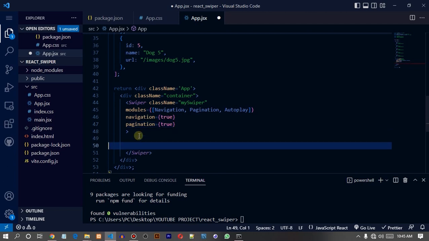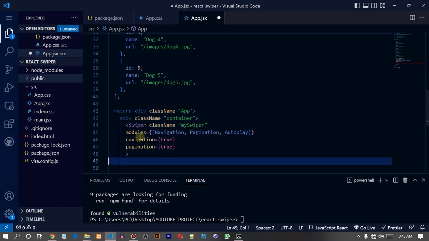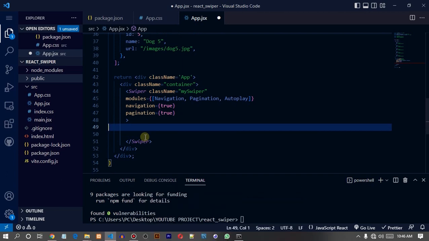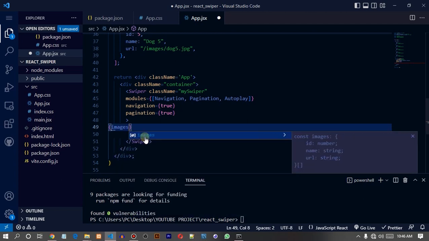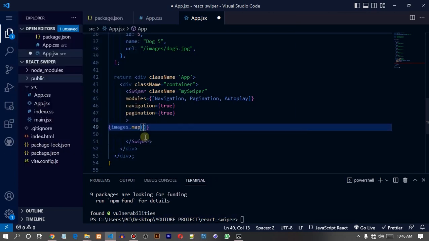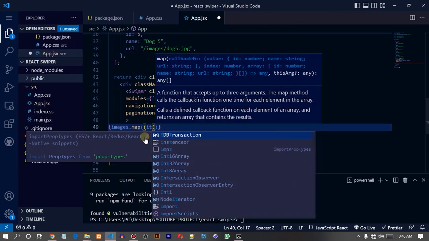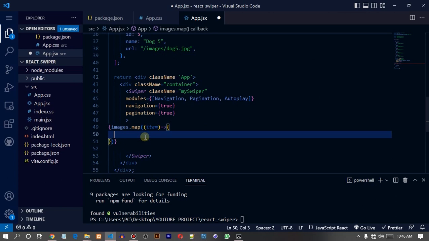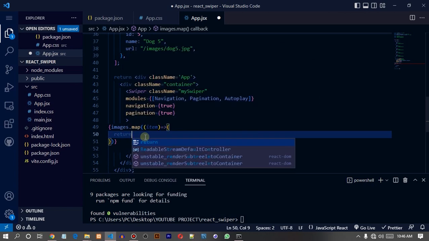So for the images, I created an array, so we have 5 images in the array, so 5 objects in the array. I'm going to map through the array so that I would display the images individually. To map through, we have done this several times. images.map, then item will return, then we are going to return